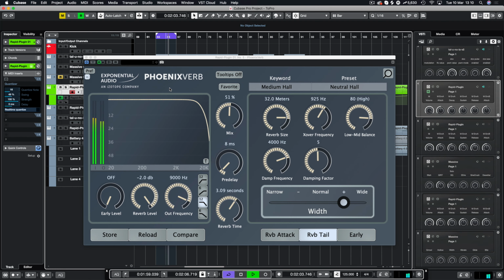We're looking at PhoenixVerb today by Exponential Audio, which is now part of iZotope, and it has a really nice sound. It's on offer at the moment on Plugin Boutique for less than a tenner, so sorry if you're late to the party, that offer's probably been and gone, but it's still worth purchasing or sticking around for when another